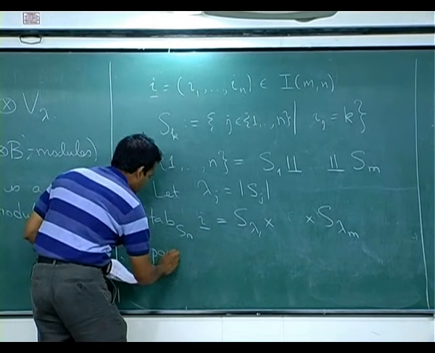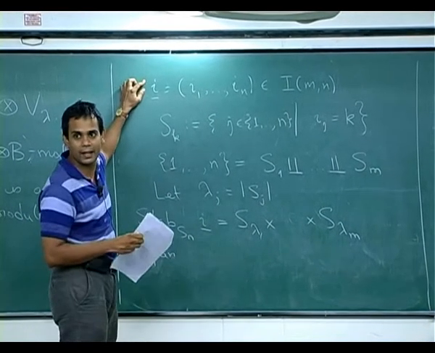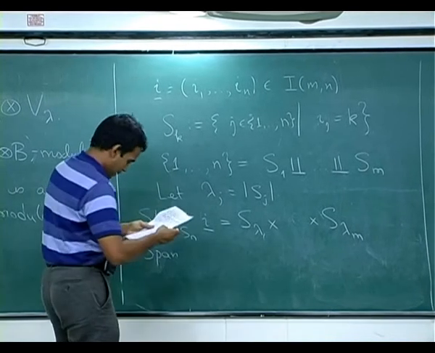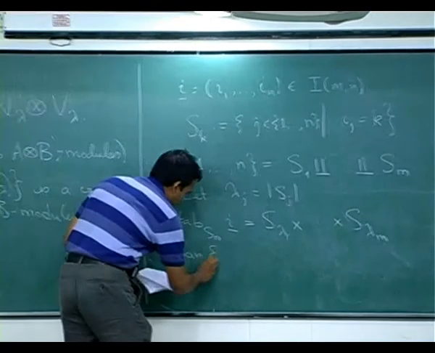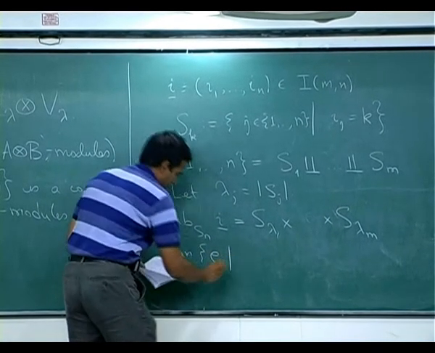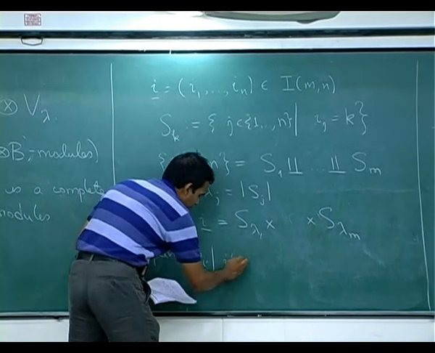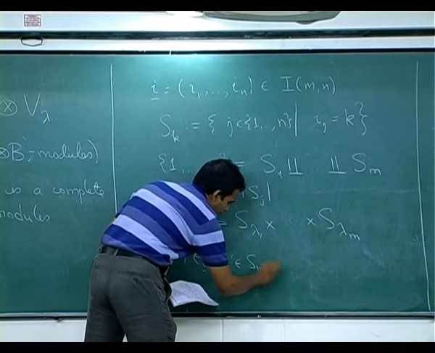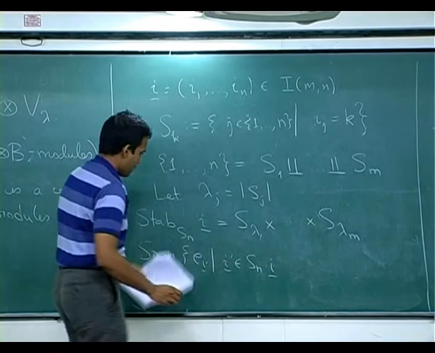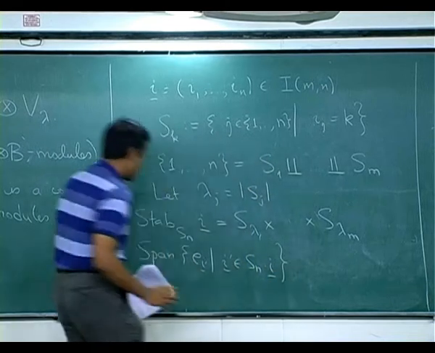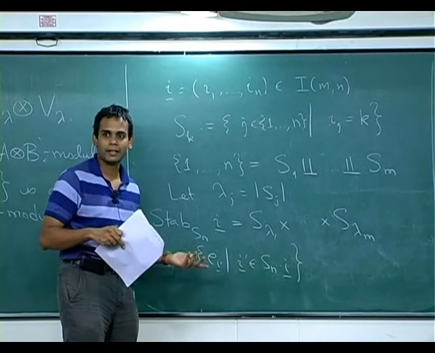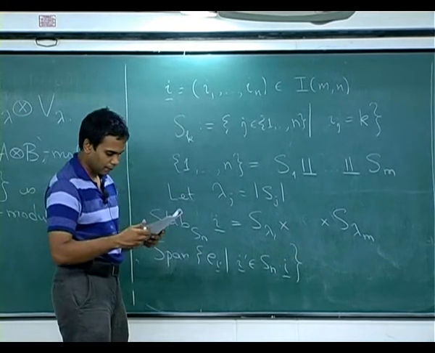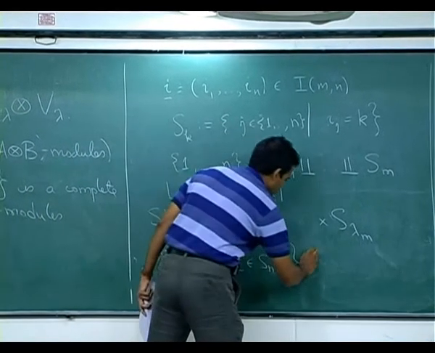What this says is that if you take the orbit of e_I, and let us just call that the span of e_I' where I' belongs to S_n dot I, this is an invariant subspace of this n-fold tensor product of k^m, but this subspace is isomorphic to